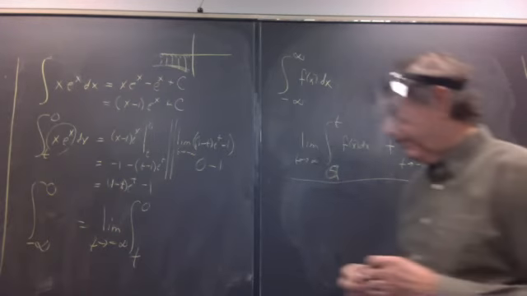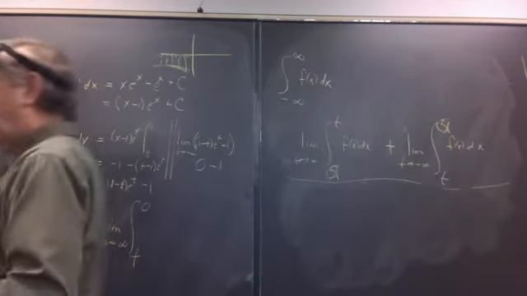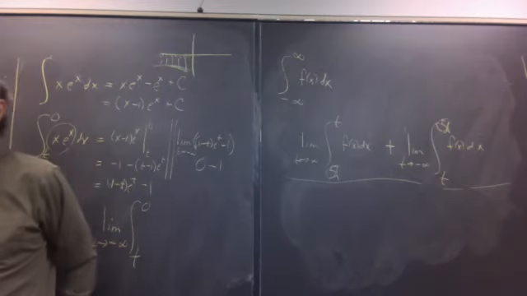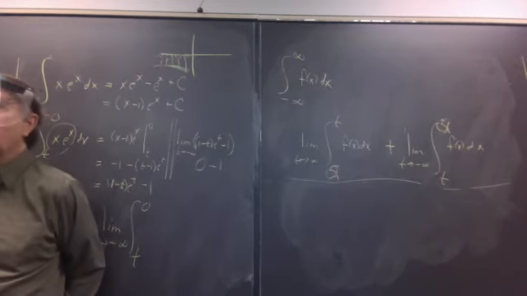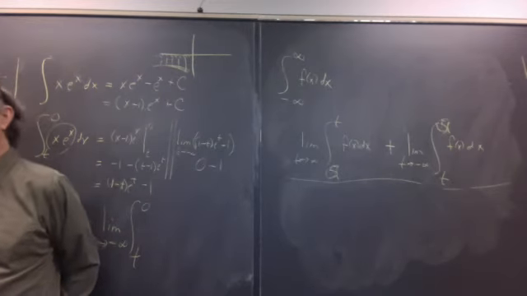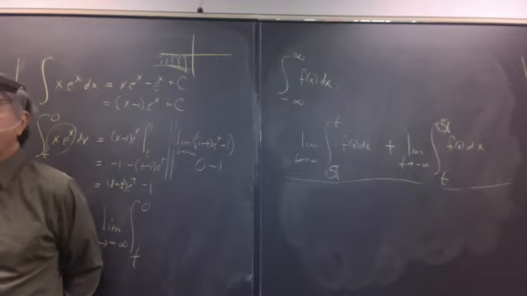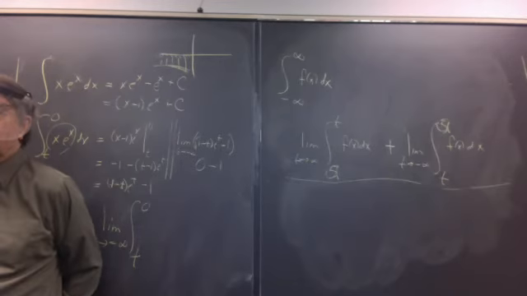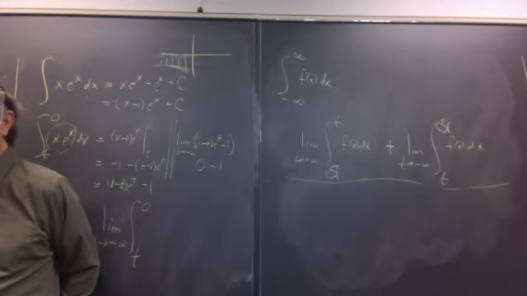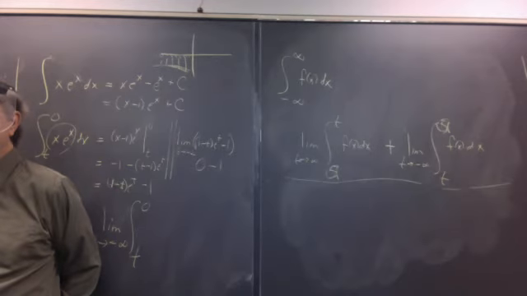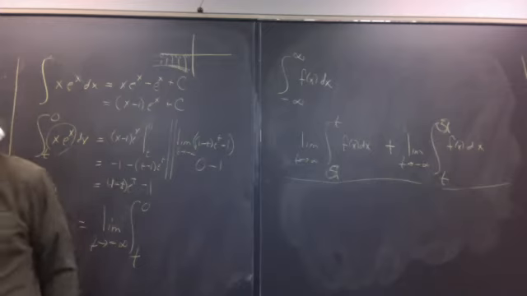Okay? Now, these are all improper integrals of type 1. And there may be some other name that people give them as well, but that's good enough right now. The point is, it's a certain kind of limit that you do when you have an infinity at one end or both ends of the integral sign. Okay? Now,